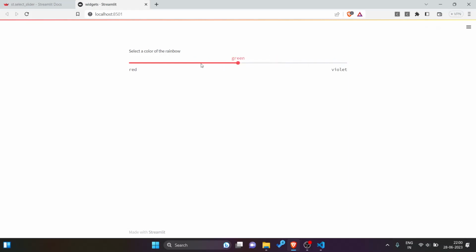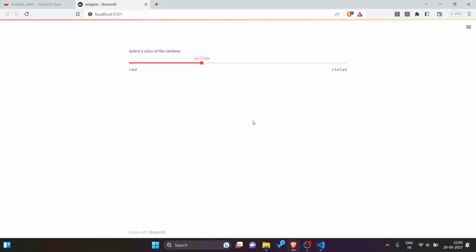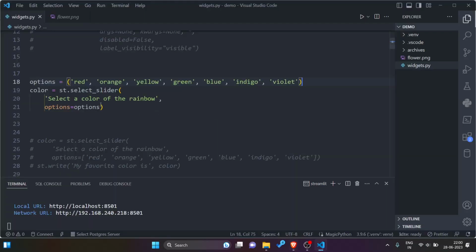One interesting thing is that I can pass any data type which is iterable in the options variable. Like I can pass a tuple here and it will work. It is still the same, and I can set a value.